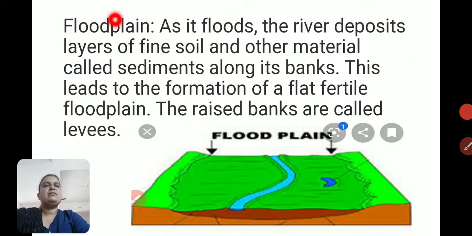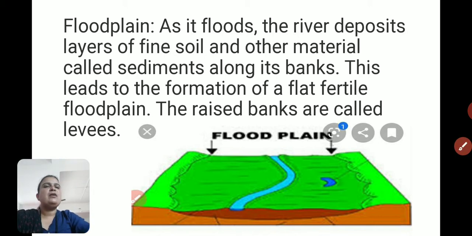Now floodplains. As it floods, the river deposits layers of fine soils and other material called sediments along its banks. You can see this is the river, and this area is called the river bank area. This leads to the formation of a flat, fertile floodplain. The raised banks are called levees.